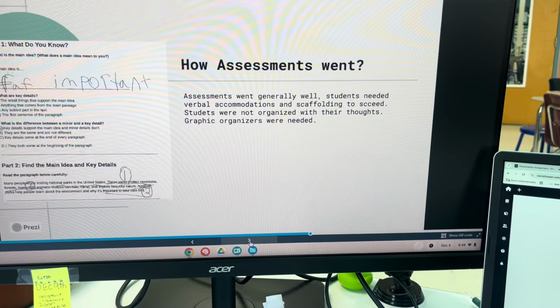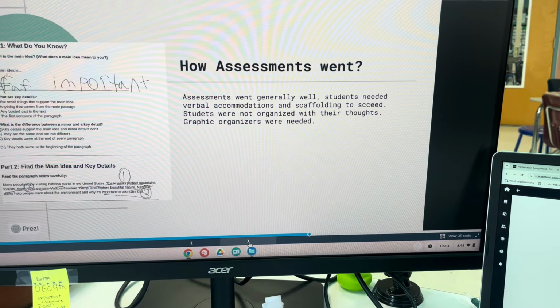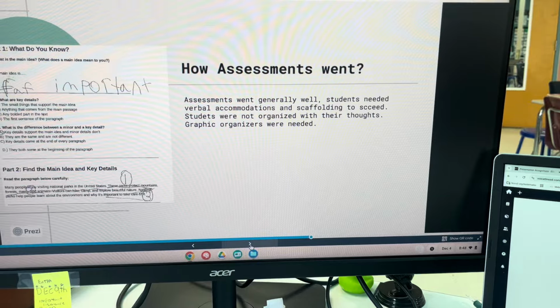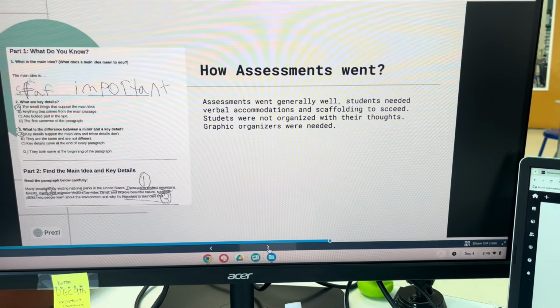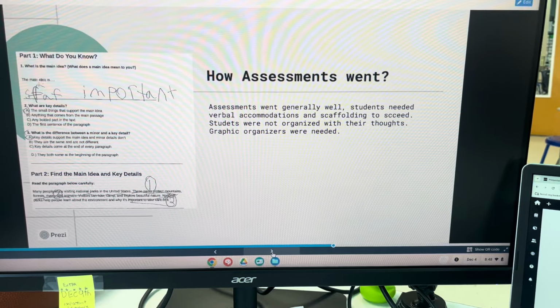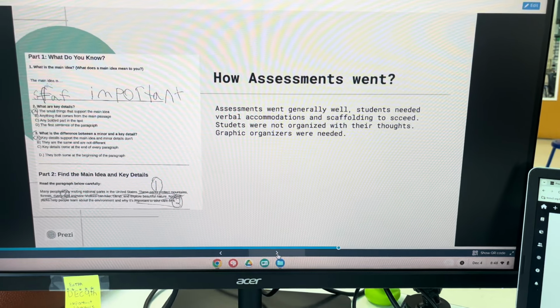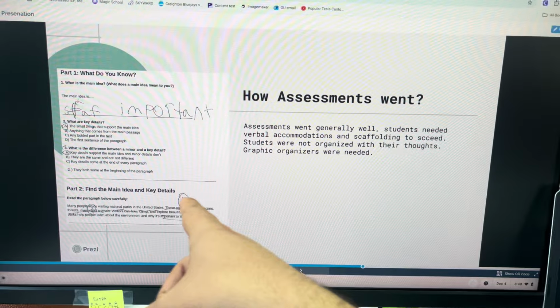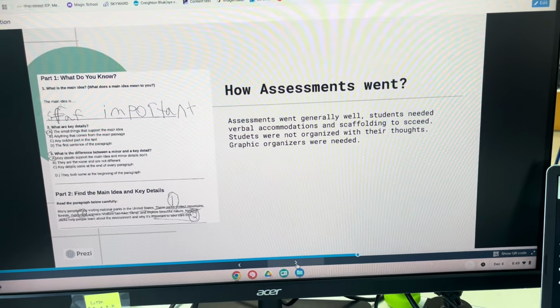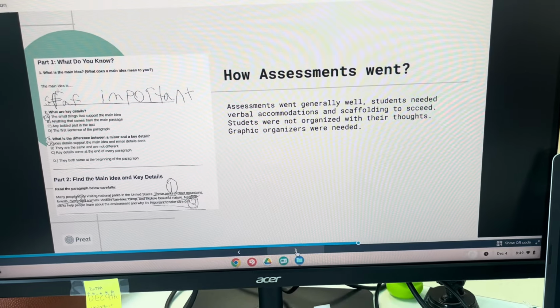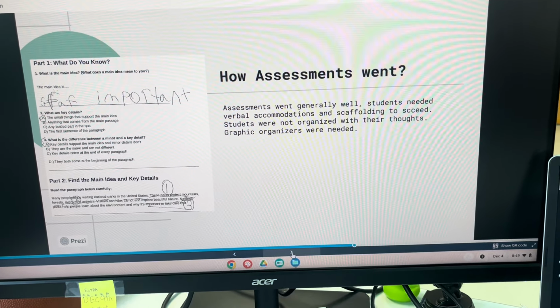What are the key details? The small things to support the main idea. It's pretty awesome. And then you can see him actually annotating, which was awesome because we worked really hard on annotating and underlining important things. And I had kids underline the three most important parts. And you can see here he did the first one, he did the second, he did the third. Now, were those the perfect most important three parts? Maybe not, but his process was the right way, which is what I'm looking for there.